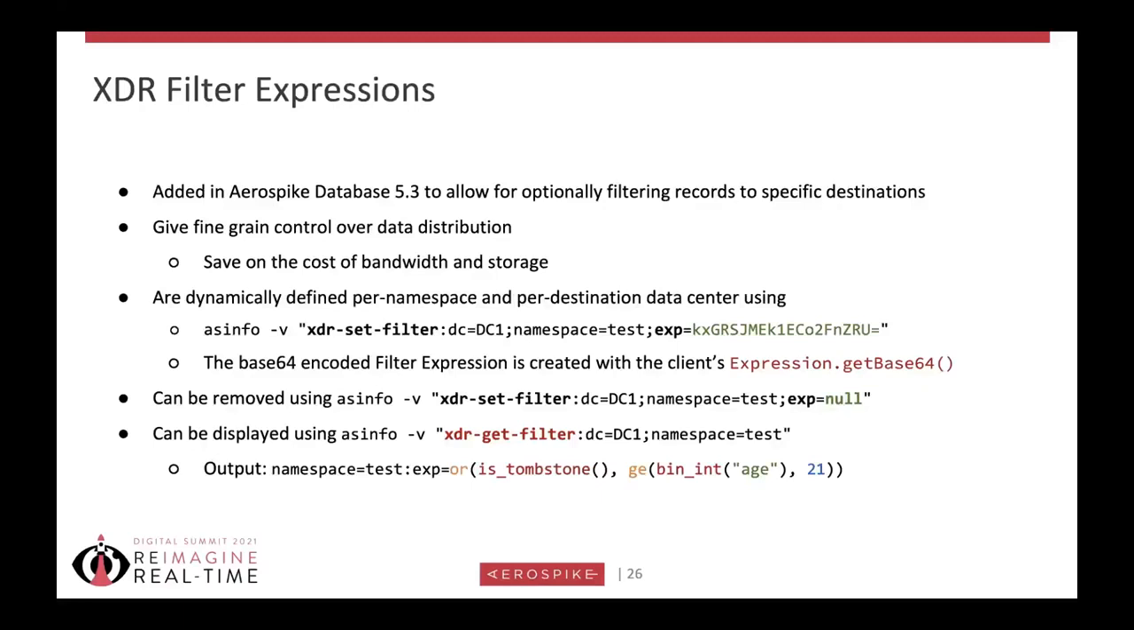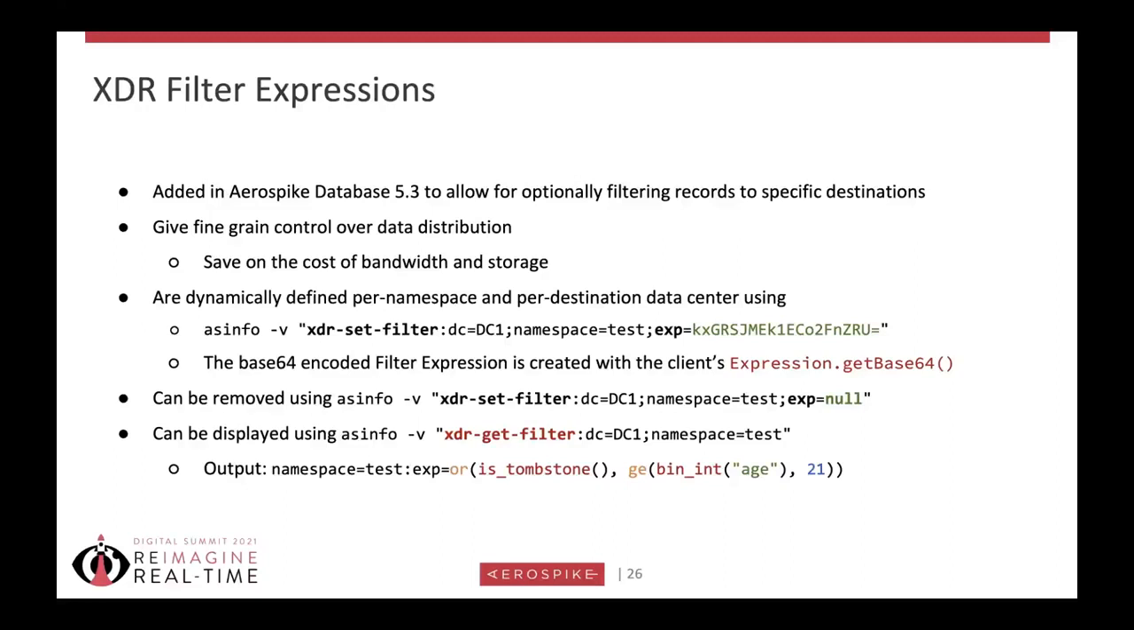So XDR filter expressions were added the following release in 5.3, and they allow you to optionally filter records to specific destinations if you're using cross data center replication. This gives us fine-grained control over data distribution. You get to choose exactly what data goes where, which will save you on the cost of bandwidth and storage at the destination if it doesn't get every update going to it. XDR filter expressions are dynamically defined per namespace per destination